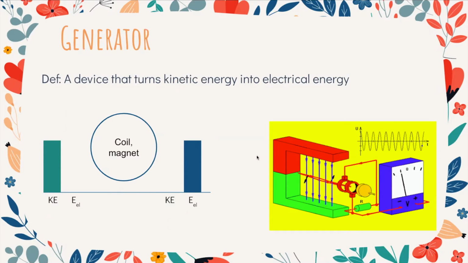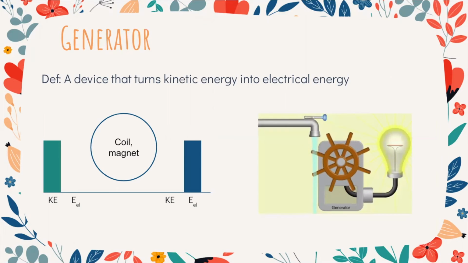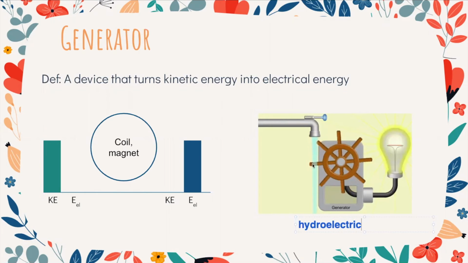No P for potential here. This is actual electricity with actual electrons flowing. Again, it's a coil interacting with a magnet. Now, it turns out 96% of all the electricity generated by humans on Earth comes from generators. This type of generator would be called a hydroelectric power plant because this is taking moving water. Its kinetic energy is spinning the generator and it's turning the water's energy into electrical energy. So kinetic energy of the water turns into kinetic energy in the generator, which eventually turns into electrical energy